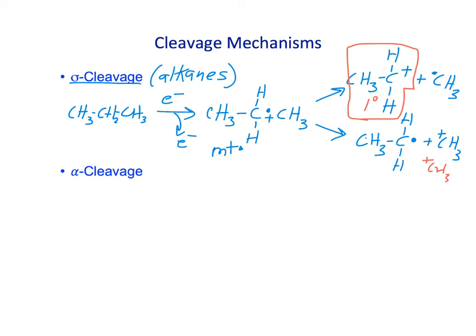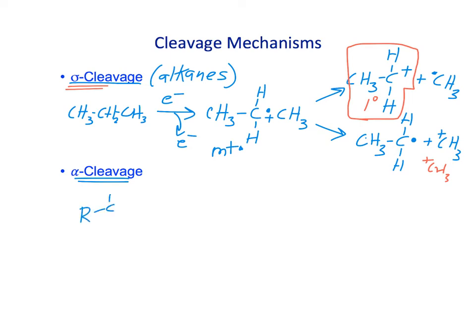The other possibility is we could break a carbon-hydrogen bond, which in fact could give us a secondary carbocation as well. In each of those cases, this would be called a sigma cleavage, because we're cleaving a sigma bond. But these only really take place when we have alkanes. If we have another functional group, then there's a more facile cleavage pathway. So this alpha cleavage makes more sense if we actually drew out all the mechanism, but here let's show first